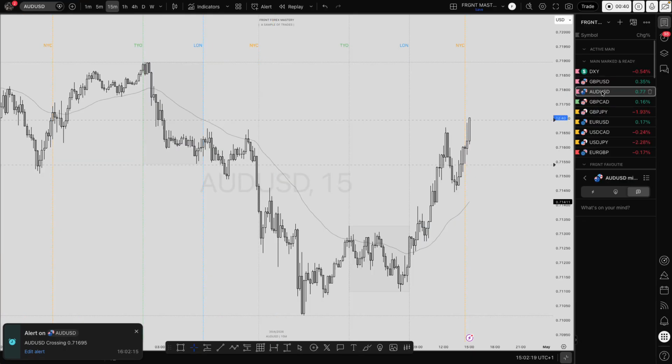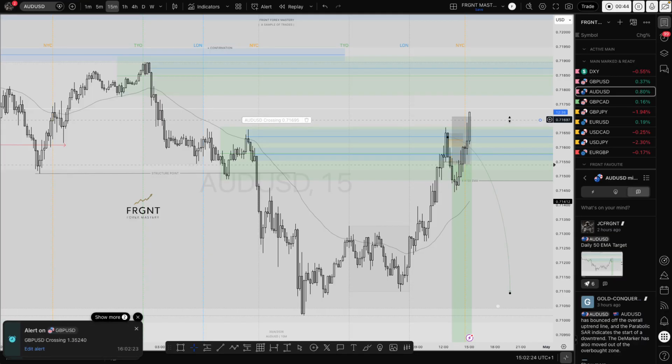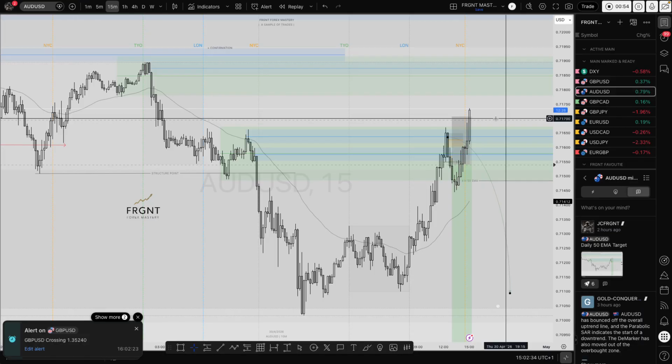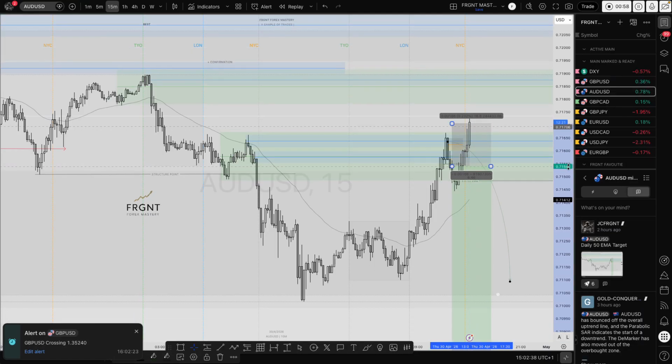Now it looks like AUD USD will end up in a stop loss, but I think that was a very, very good trade. In fact, almost a textbook trade, and I'm happy to go over that now. As you can hear by my alerts going absolutely bananas, I am definitely out of that trade, and it wasn't break even, so that is a full stop loss for me today on AUD USD.